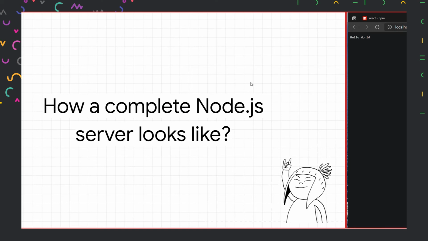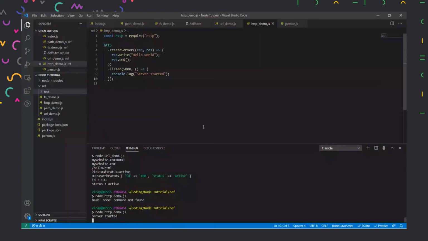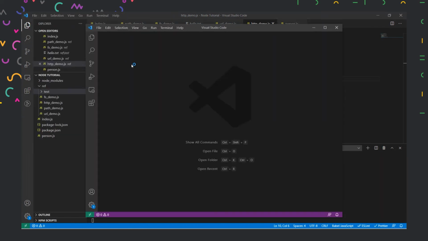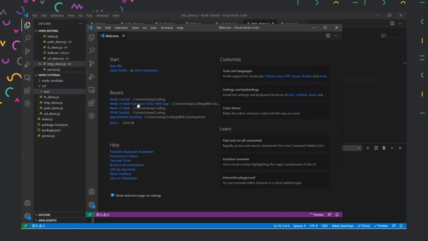So if I show you that, as of now, we are already at 5 o'clock. And if I were to write a complete server now, it will take me a lot of time. So I'll show you what goes inside and then you will appreciate it. So I'll create a new window, and inside this window, I'll select somewhere where I have tested all these HTTP codes and how to create a server.